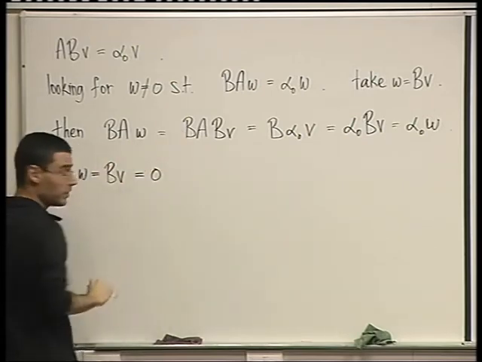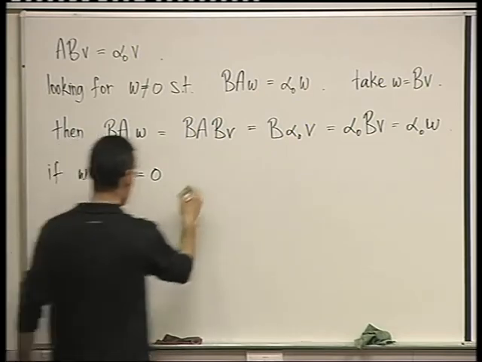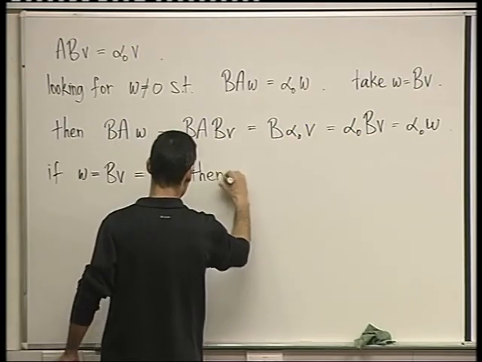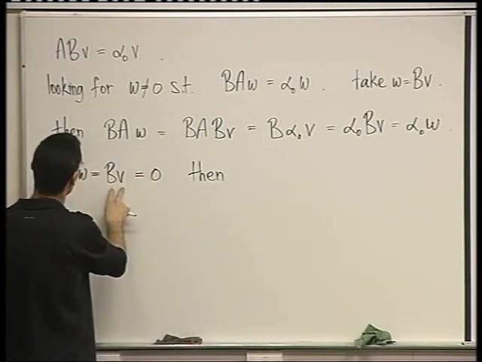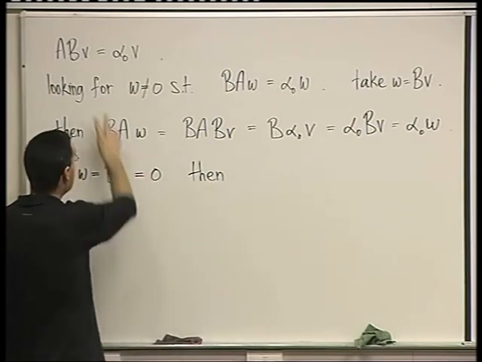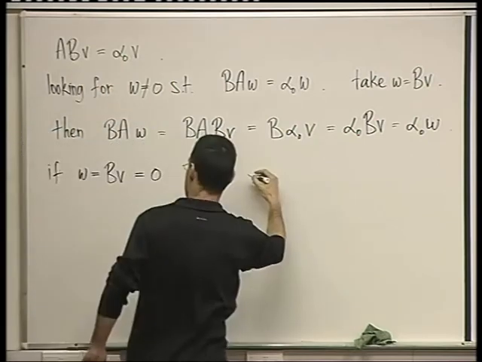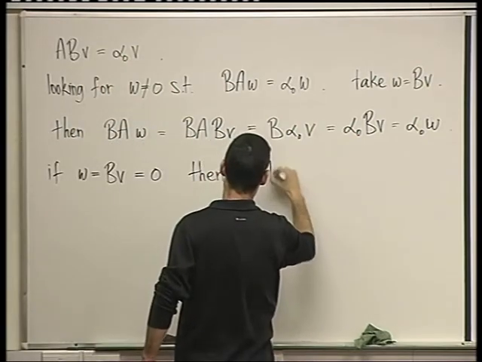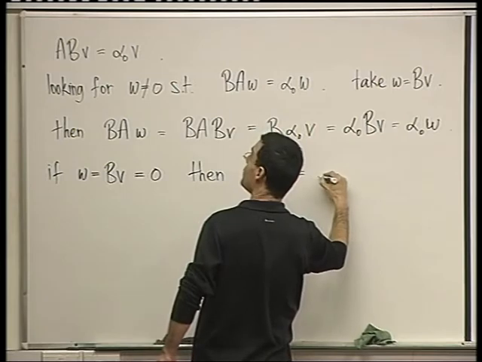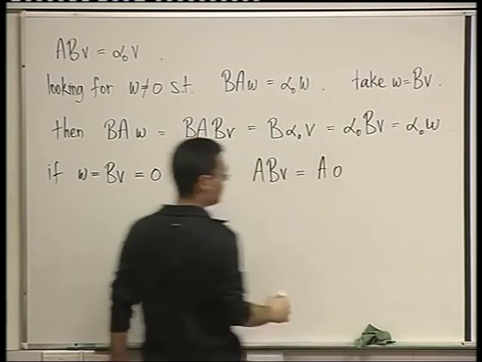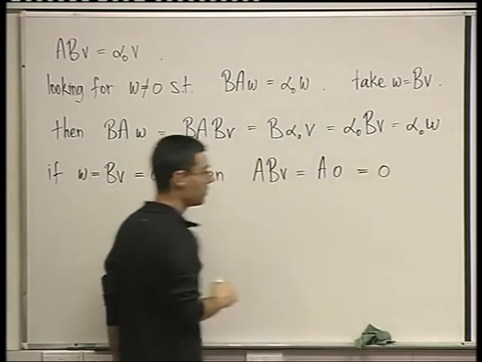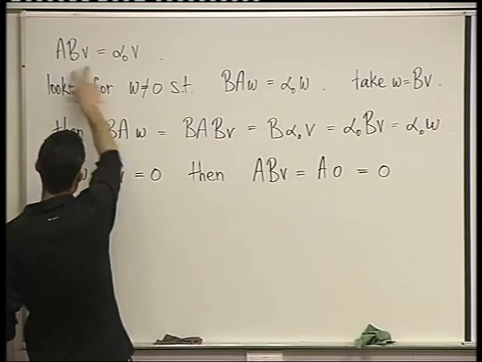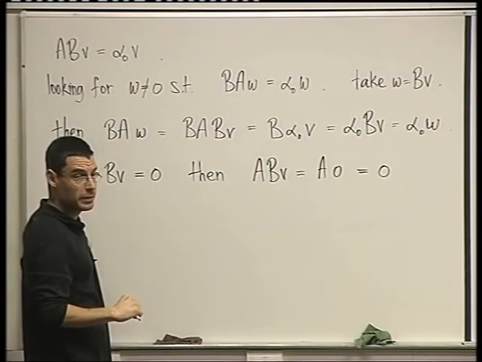If W equals 0, what can we say? Then BV equals 0. And then we go up here, then ABV equals A times 0, which is 0, right? But ABV is alpha 0 V,